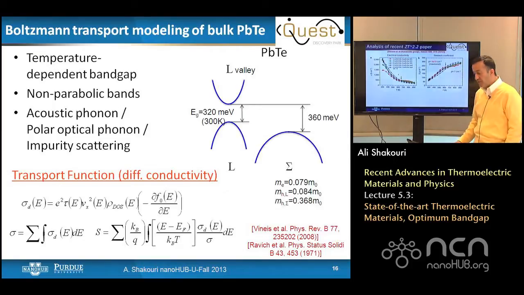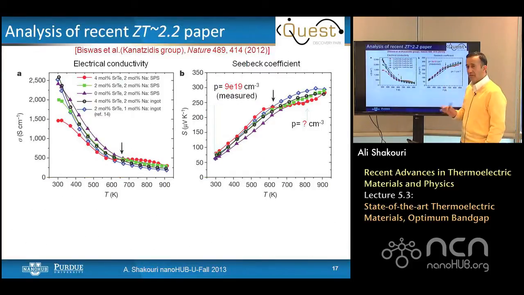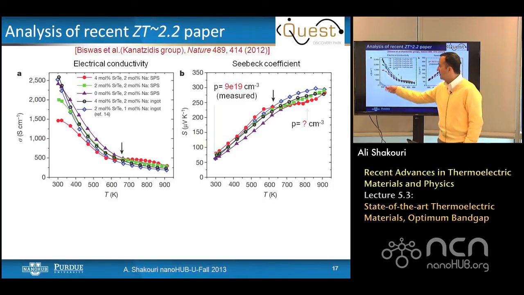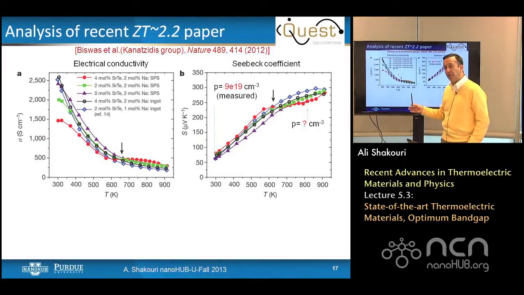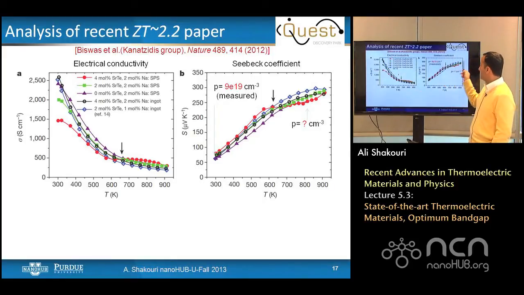How do these results compare with experimental data? Here are the experimental data of this record ZT 2.2 from Chalcogenides. Conductivity versus temperature, Seebeck versus temperature. The trend is not unusual. Conductivity goes down with temperature because of additional scattering. Similarly, Seebeck goes up. They measured a carrier concentration of 9 × 10^19 at a certain temperature, not on the